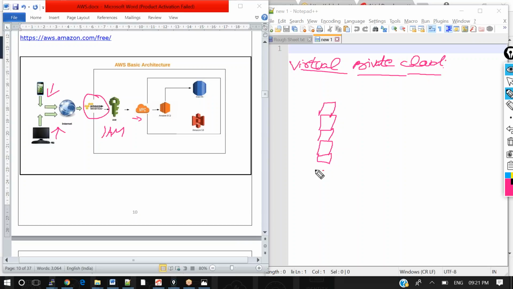Let's say you have a two-storey building, and in it we have separate flats. I'm considering each VPC as a flat. So this is one VPC, this is another VPC.